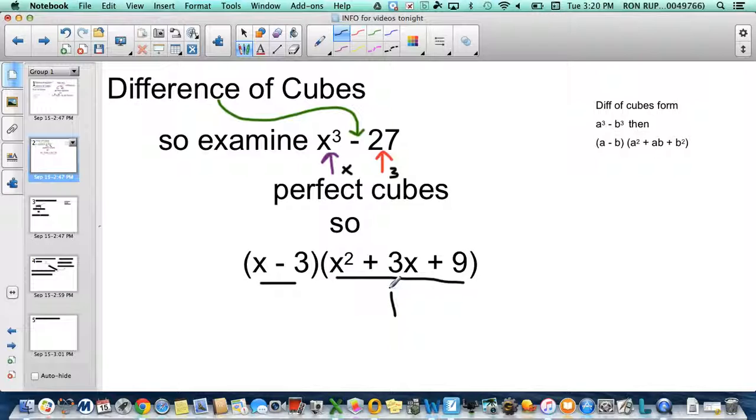Now, can you factor this even more? No. Nothing multiplies to give you 9 and adds to give you 3. So you are either going to have to use the quadratic formula or you're going to have to complete the square. And we'll get to more on that in the last